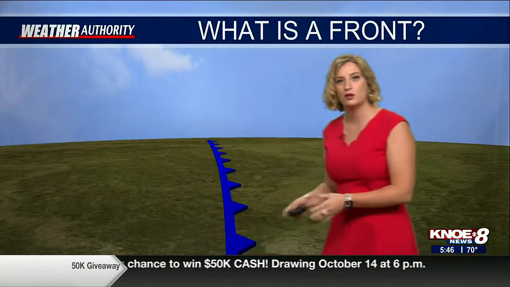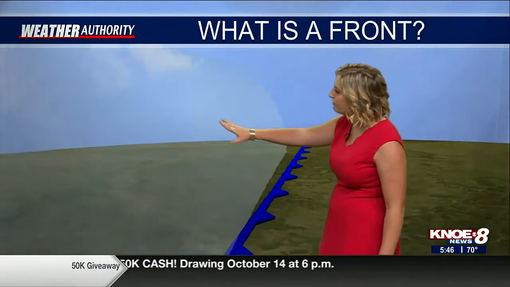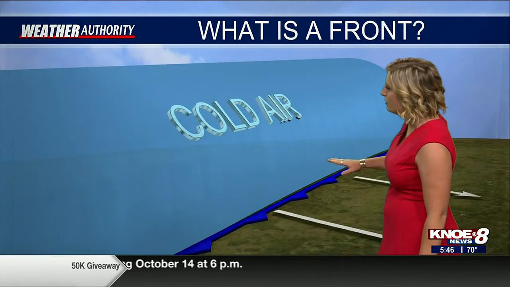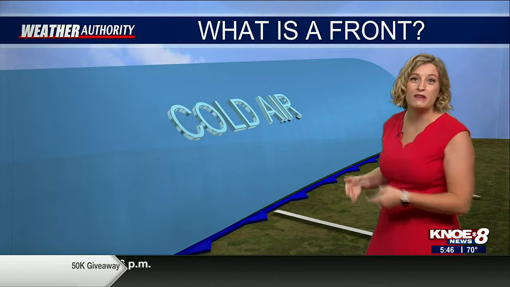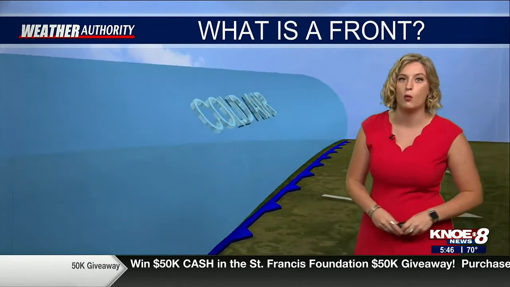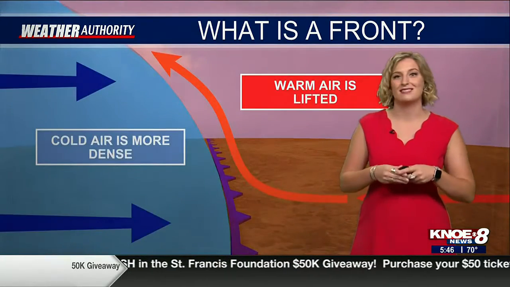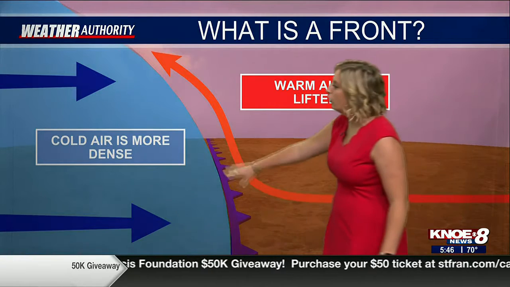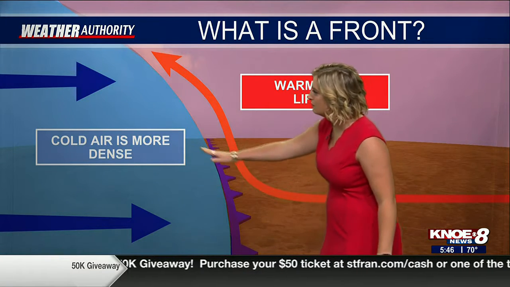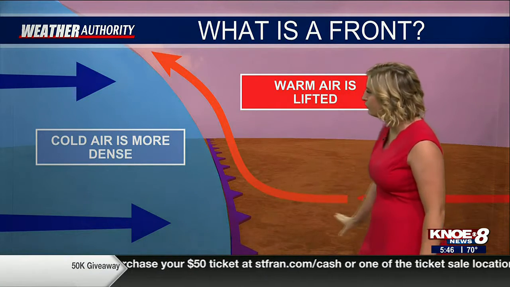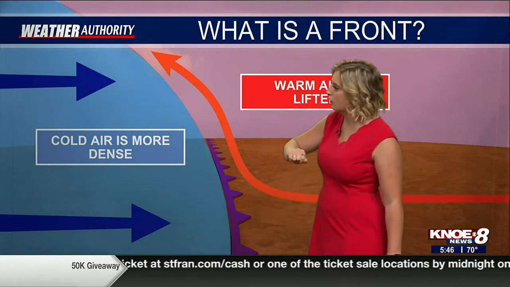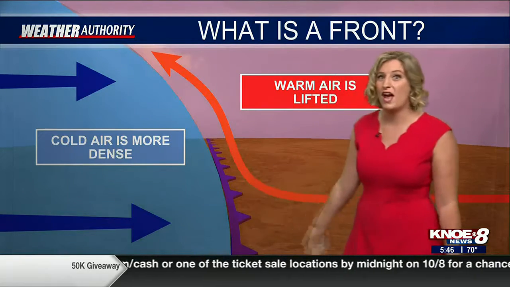As a cold front moves across the ground, we're going to be seeing cold air following behind, advancing with the front. But this cold air is going to be moving into an area already occupied by warm, moist air. That's going to mean these systems are going to be colliding. Now, cold air is a lot denser than warm air, so it's going to be moving under our warm air and forcing the warm, moist air up and over the system, almost acting as a wedge as it moves across